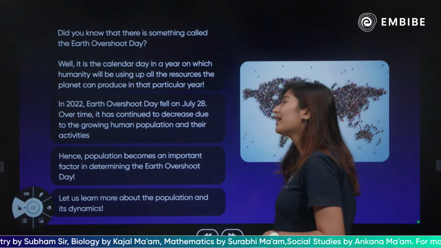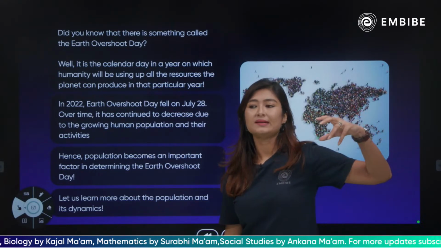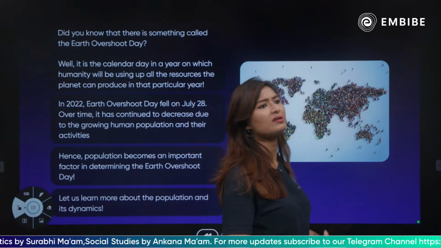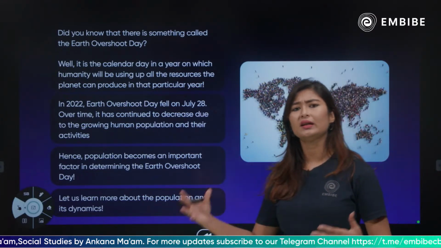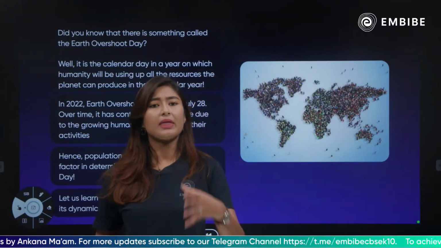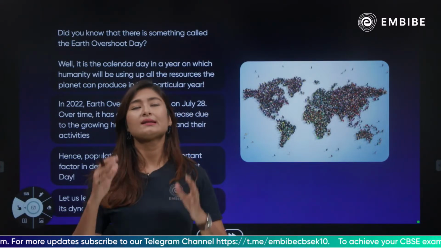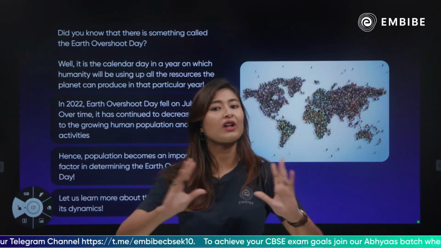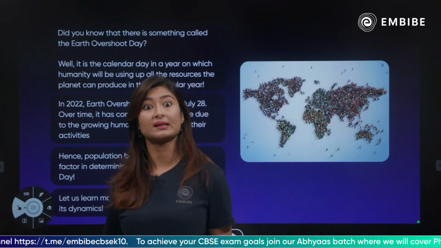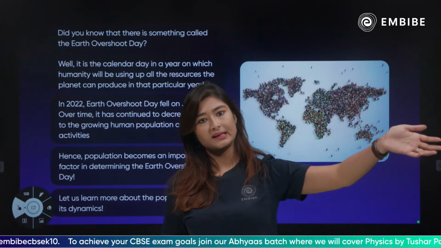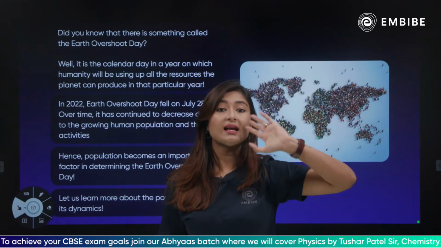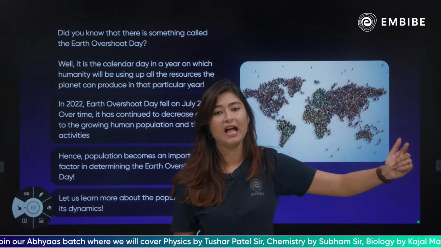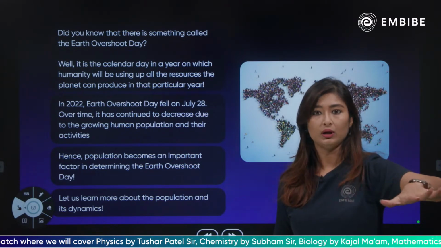Unity in diversity. So basically what happens is that there are multiple resources that we are using, right? We are aware that we use natural resources, man-made resources, different kinds of resources that we all use. Now the Earth Overshoot Day is said to be that day where, let's say, there are 120 resources that we have come up with, that we have found and that we are ready to use as humans. But there would be days where we are not using everything. There would be days where we are using some things. And then there comes the day, which is your Earth Overshoot Day, where we are using all of the resources that we have developed, that we have found, up to the limit.